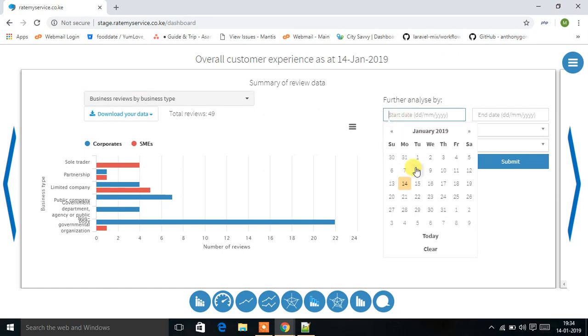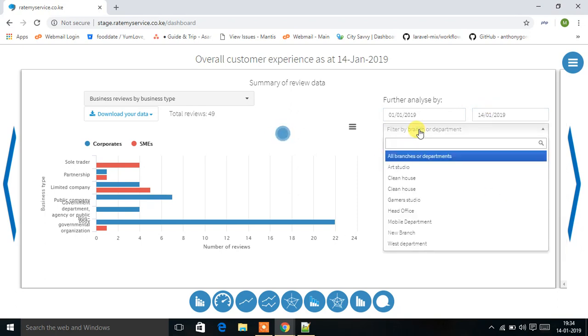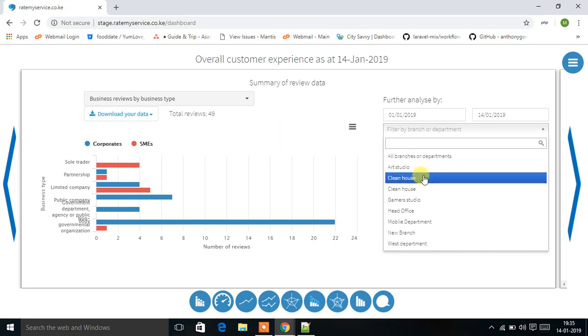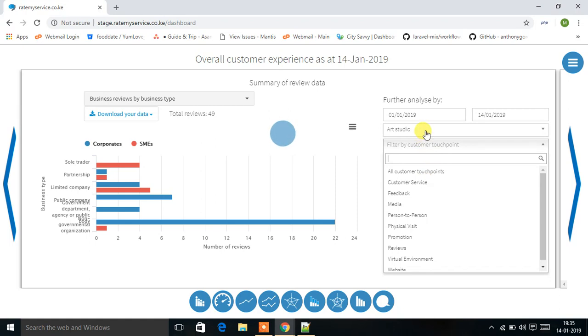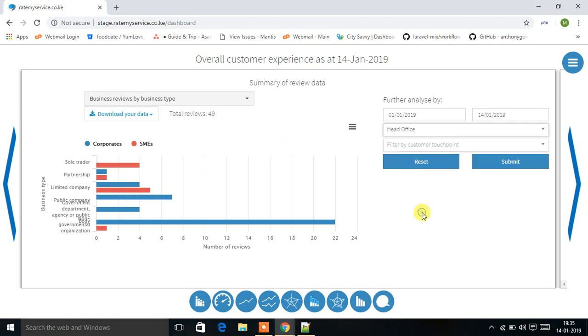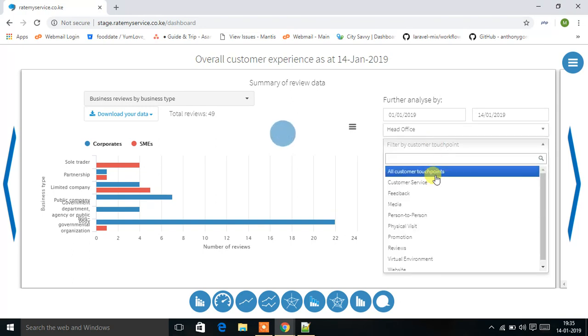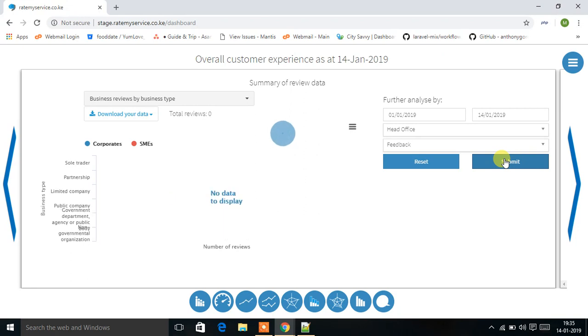So I will put the start date as 1st January 2019 and the end date as 14th January 2019. I will check the filter by branch department, you can say the R studio, and filter by the customer is just like head office, right? Which I have selected earlier, and filter by customer is like feedback. So I click on submit,